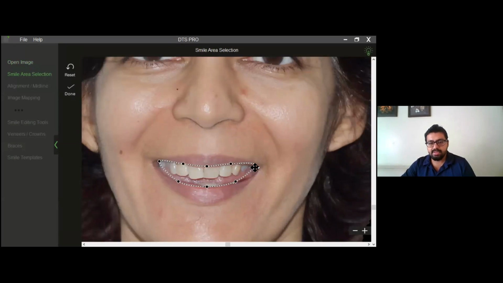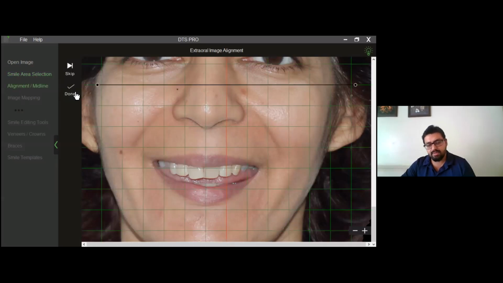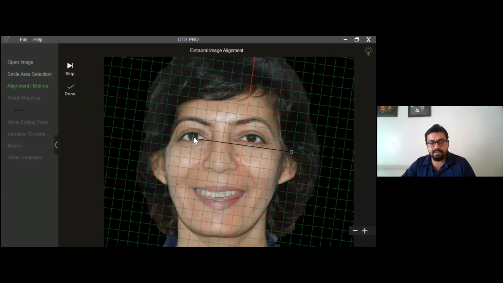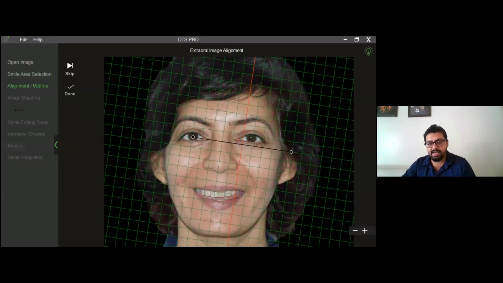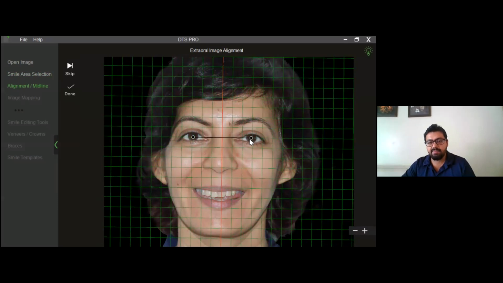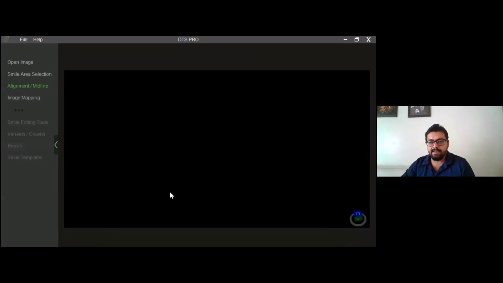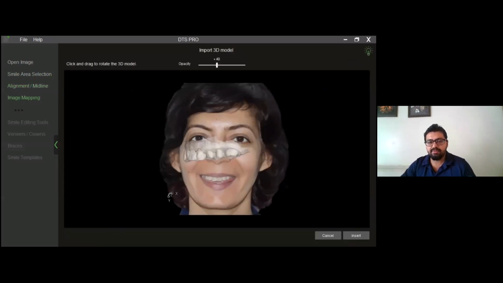So what I'm just doing is selecting the smile area. Since the world is moving towards machine learning and artificial intelligence, there are facial recognition systems, and I'm very excited and looking forward to our next update, which we're hoping will release within a month's time, where all these steps of the lips being identified, the eyes being identified, the midline being identified will be done by the software itself rather than human intervention. Of course, we will have the flexibility to change the findings, but the software will do most of the things